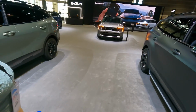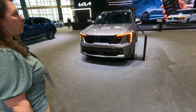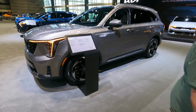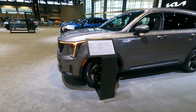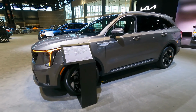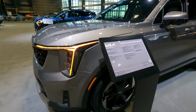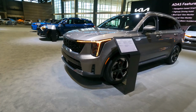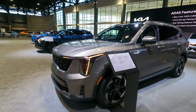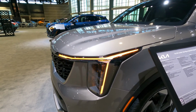You're totally right, though. The whole boxy approach to all the vehicles is very distinct now. This is the Sorento plug-in hybrid, and look how boxy the front end is. That really looks much better than 2025. It's really gorgeous. And look at the front headlights. It reminds me of the front headlights on the